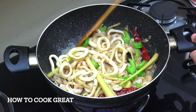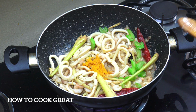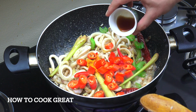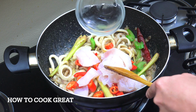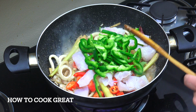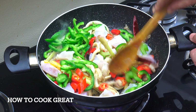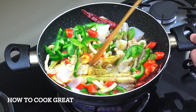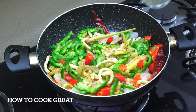Okay, this is pretty much the last stage. Everything else is going to go in now. So we're going to add that 1 teaspoon of turmeric. We're going to add in those chilies, which, like I say, are not super crazy hot. 1 tablespoon fish sauce, very salty. 1 cup of the fish fillet. I'm using a dory fish. You could use any fish you want. 1 cup of bell peppers. What a fabulous mixture. Lemongrass, ginger, star anise, the turmeric. Really good stuff. Right, now we're going to add 1 pint of coconut milk,